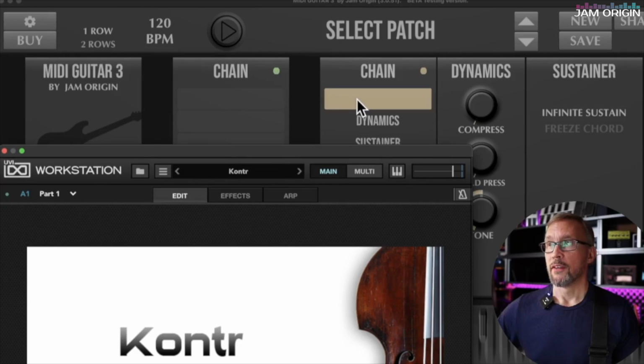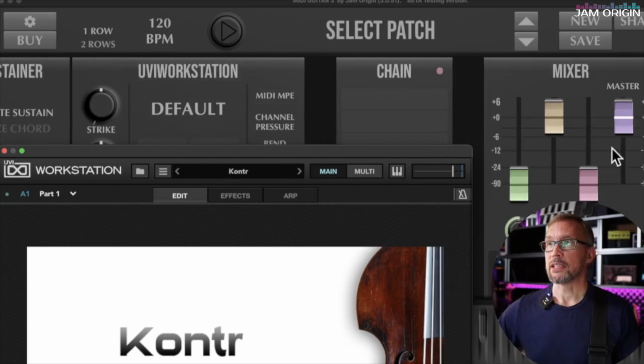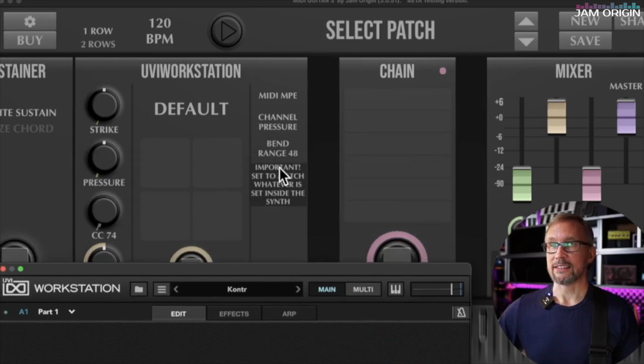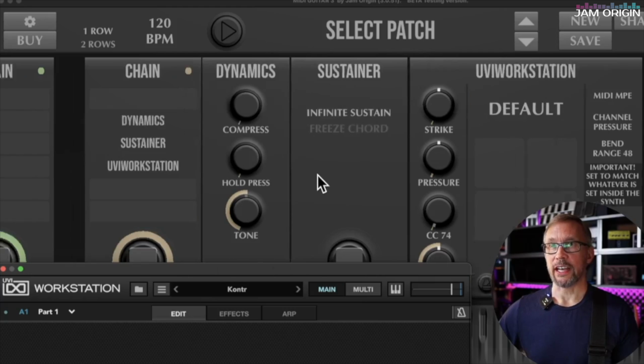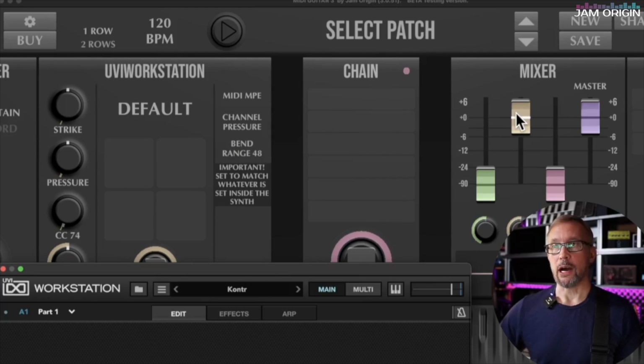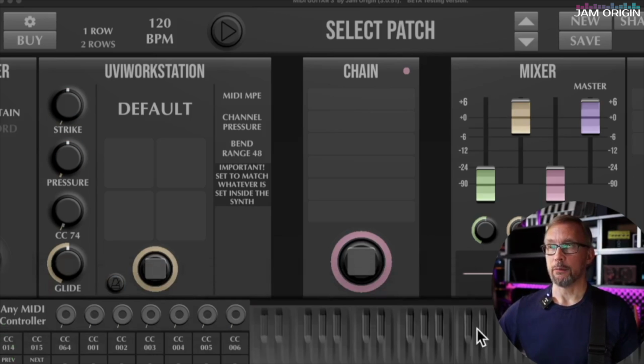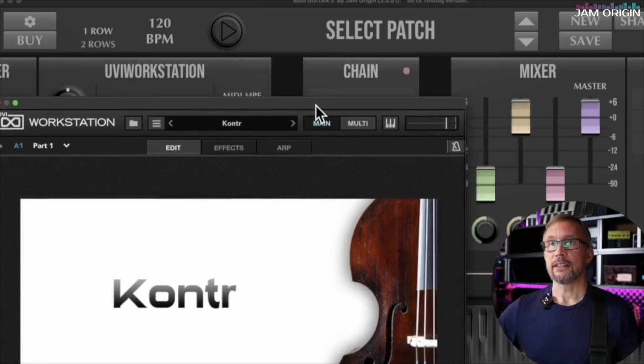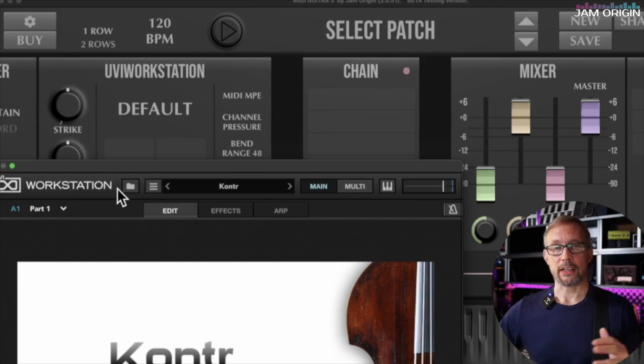Let's go to the mixer part. Here's the mixer, and we can see that this fader, which has the same color as this chain that I'm working in, is obviously up, so I should hear something. It also indicates down here that something happens and I have a signal in, but I don't have any sound. In this case, it is due to the fact that I haven't cared anything about this MPE setting versus what